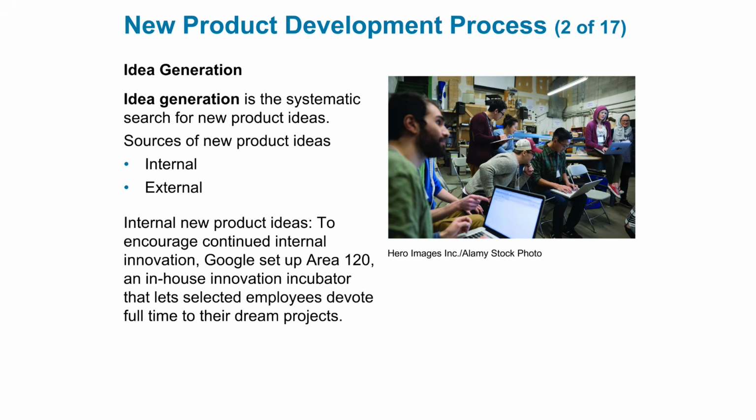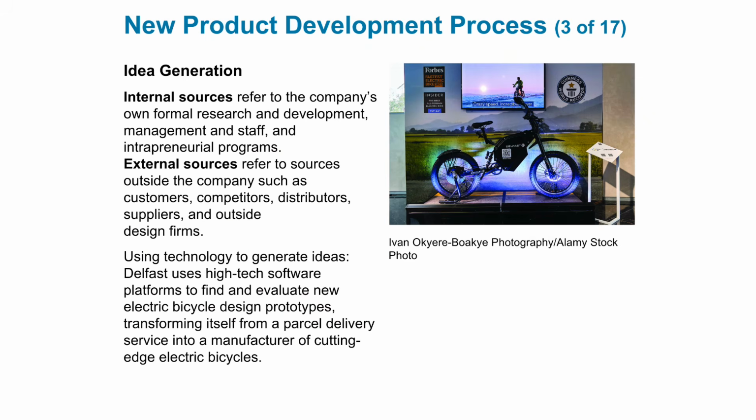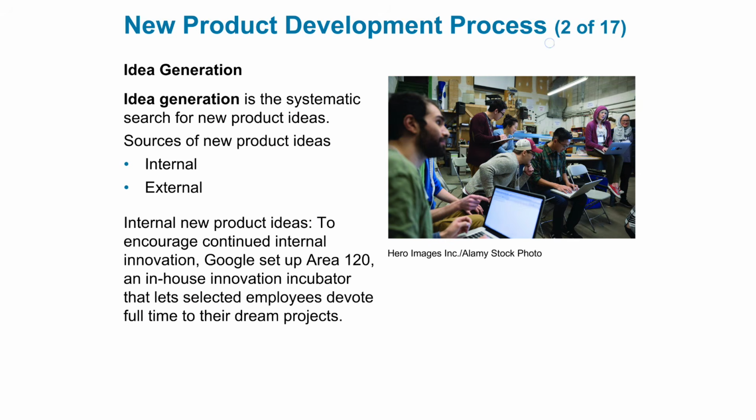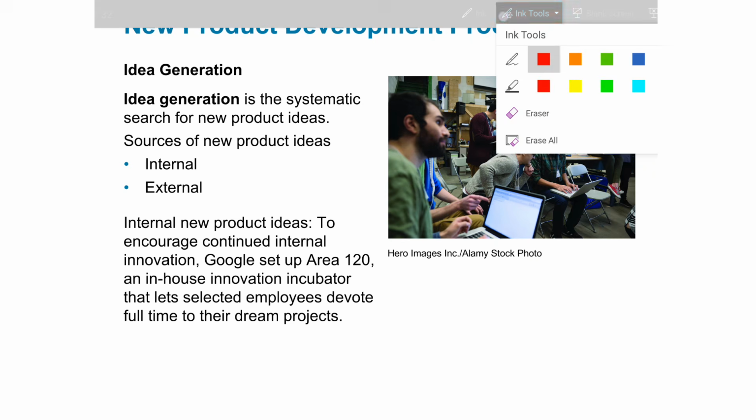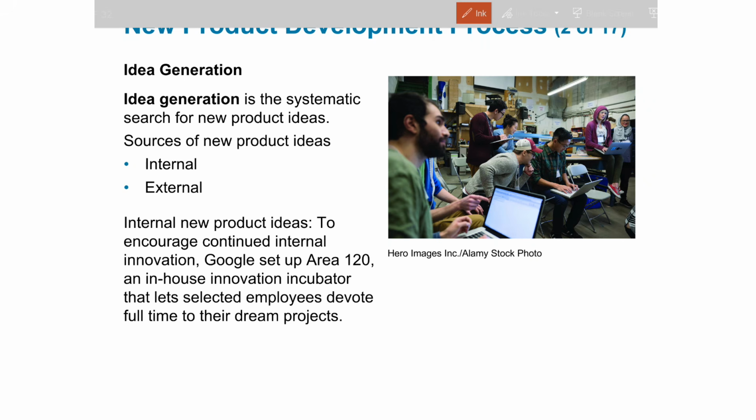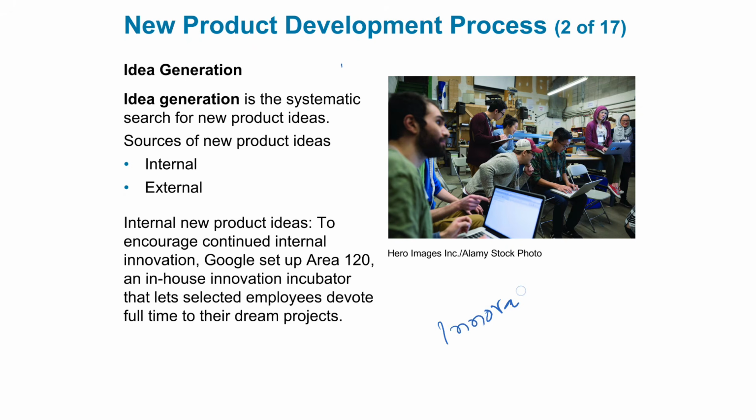The first stage is called idea generation. Now, idea generation is a very crucial stage for the development of an innovative product. In fact, innovative products are produced if the ideas are properly generated. If the ideas are not properly generated, then you will see that the new product will not be a very good new product. And how? Because idea generation is very much related to the definition I gave you, innovation. If you want your product to be innovative, idea generation is a must.